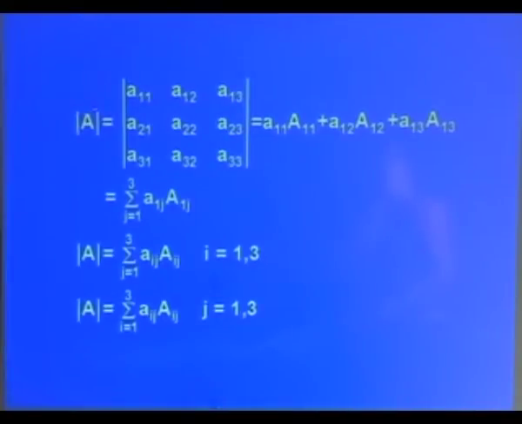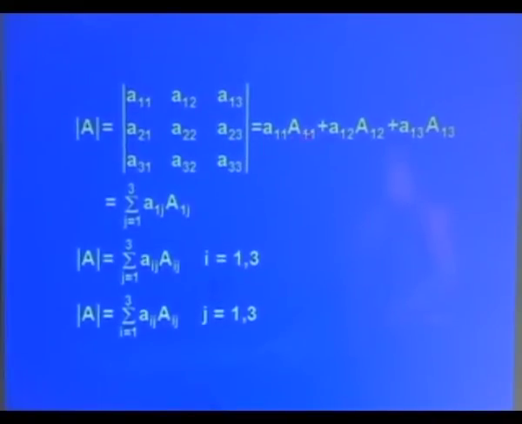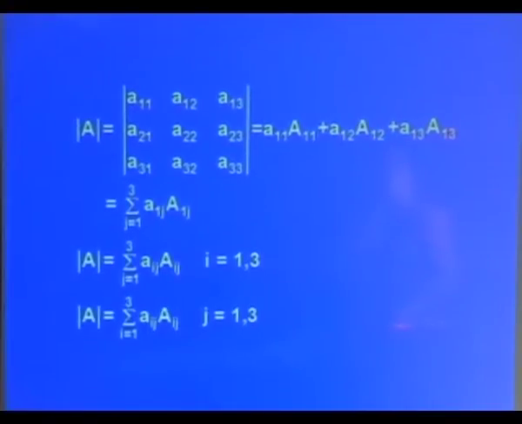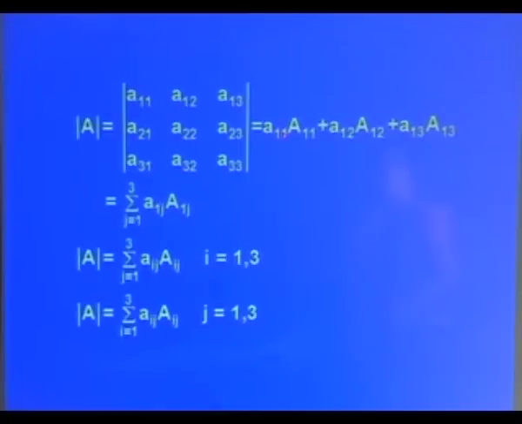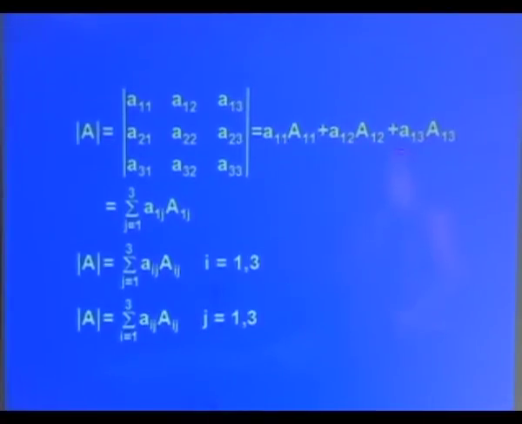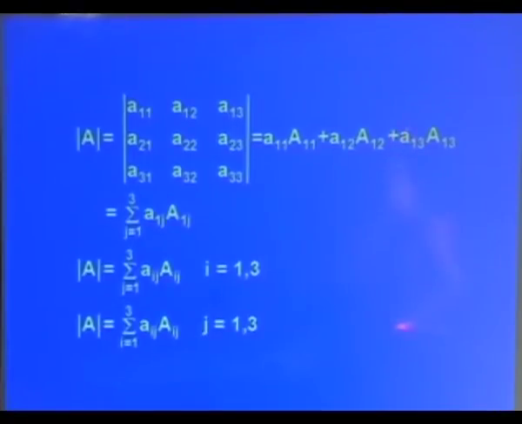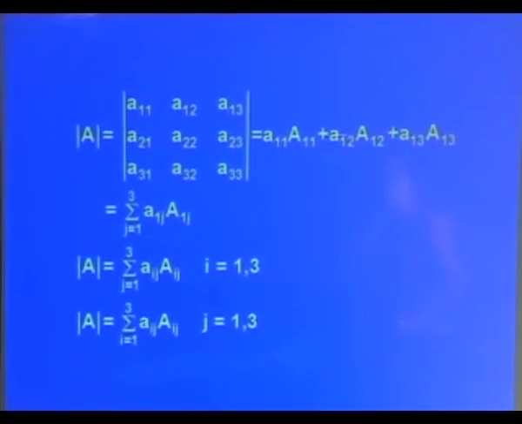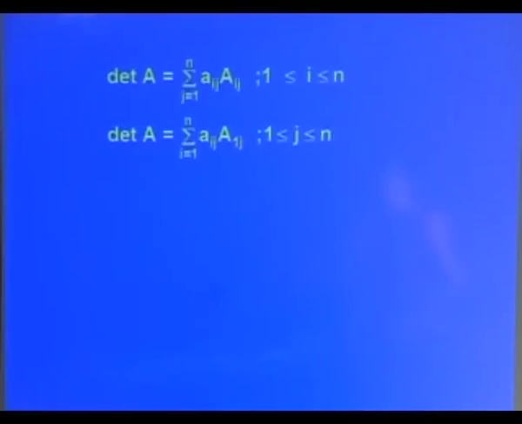Using this, one can write down the determinant A as A11 times cofactor A11 plus A12 times cofactor A12 plus A13 times cofactor A13. Here capital A11 is the cofactor of A11, A12 is the cofactor of A12, A13 is the cofactor of A13. So, in short, we can write this expression as the summation, j equal to 1 to 3, of A1j times the cofactor A1j. Then determinant A can also be written in this form. I can take any value from 1 to 3. That means it can be expanded about any row, and this means j is taking values from 1 to 3. That means it can be expanded about any column.